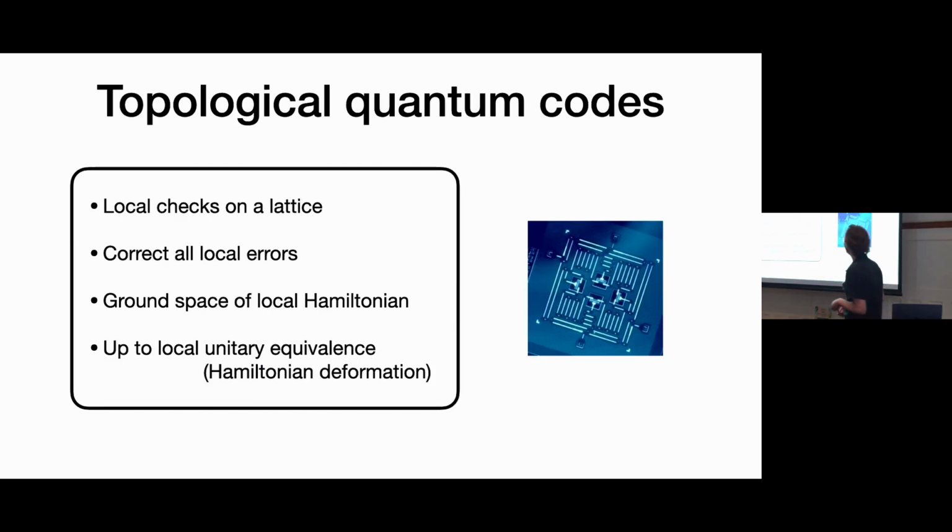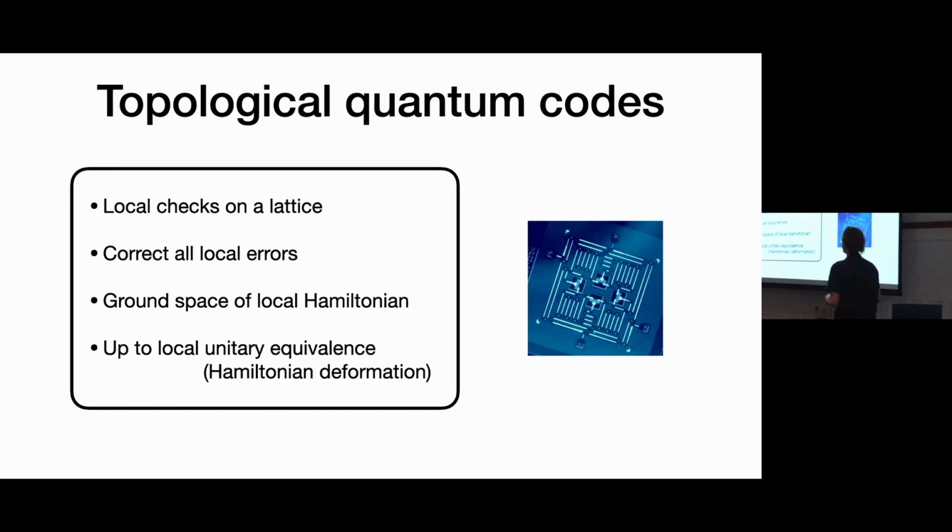So let's go. What is a topological code, which has formed the basis of this idea of topological order? It's something where you have a lattice. So maybe you're inspired by some experiment with superconducting qubits on a chip, and they have some nearest neighbor connectivity, and you want to fit your checks onto this connectivity. You also have the idea that the errors should follow the locality of your physical interactions. So you have these local checks, and you need to deal with at least all local errors that are going to occur. And luckily, there is a family of codes that does this.